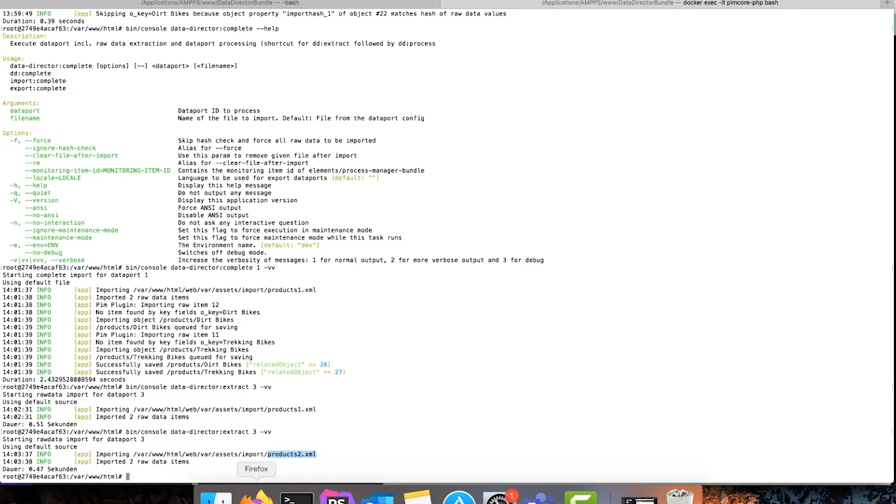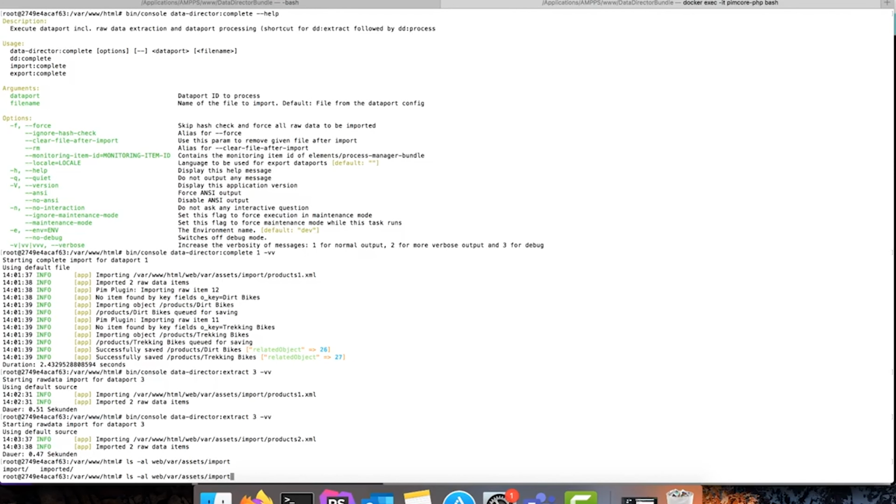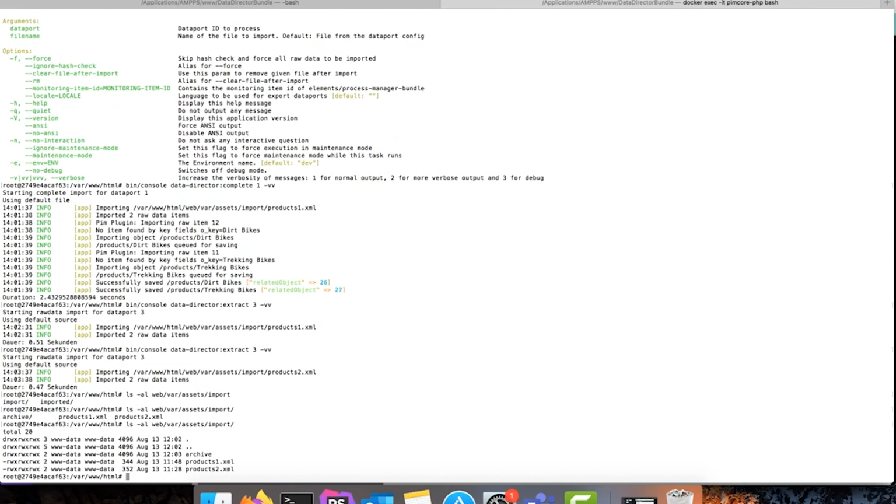So when there are multiple files in the import resource folder, the data gets sorted by the modification date of the files. When we look at those files, we'll see that products 2 got last modified on 11/28,